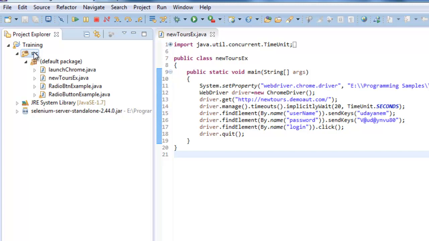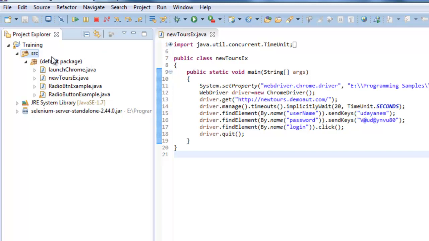the scripts from the actual object identification. So what it means is the actual test case or the test script will be written in one file, whereas the object identification we will keep in a separate file. The reason we call it page object model is that each page will represent one class, where all the objects in that web page will be initialized, or its object identification will be kept in a class.